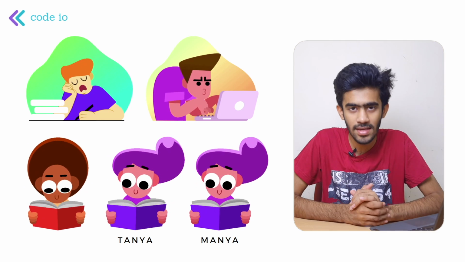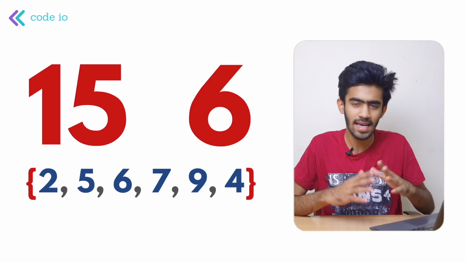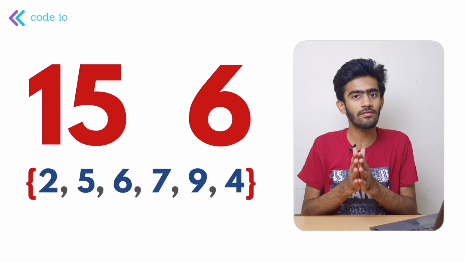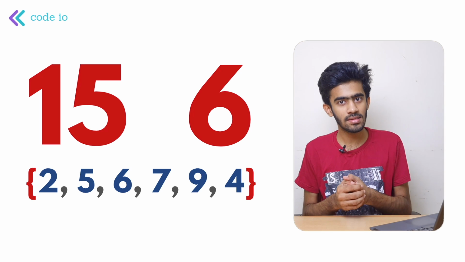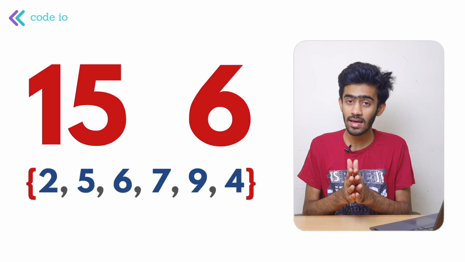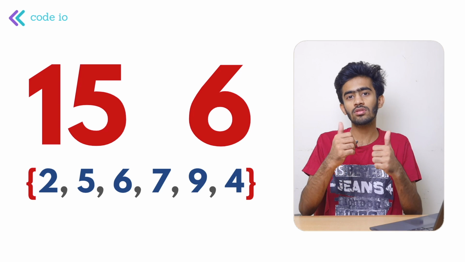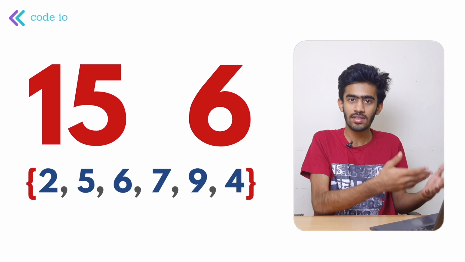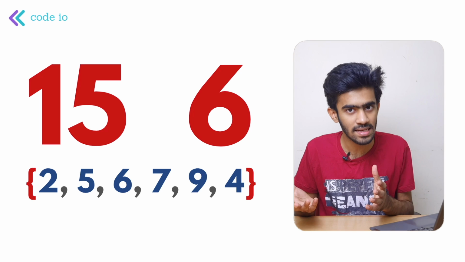So there are 5 students and we are given 3 inputs, 15, 6 and an array. So what does this mean? 15 means the total number of tasks these 5 students have to complete, and 6 represents the total number of tasks that has already been completed by the 3 boys in the group. So what are those 6 tasks? In 1 to 15, second task, fifth task, and all these tasks that are given in the array are completed.